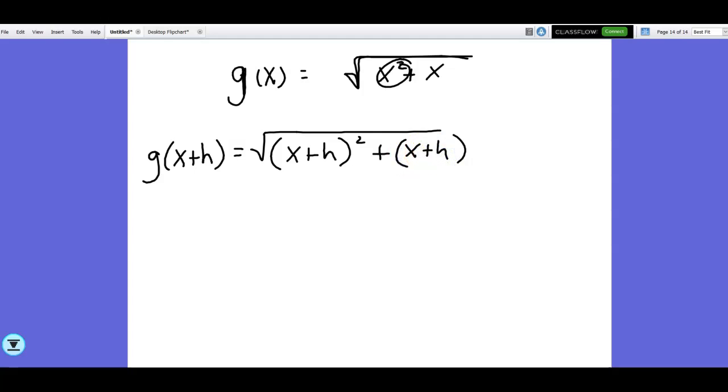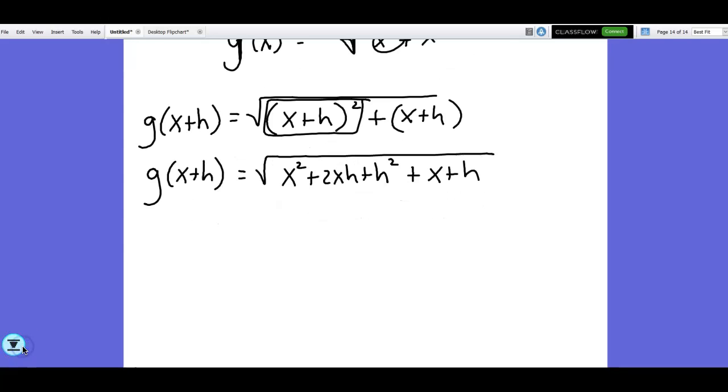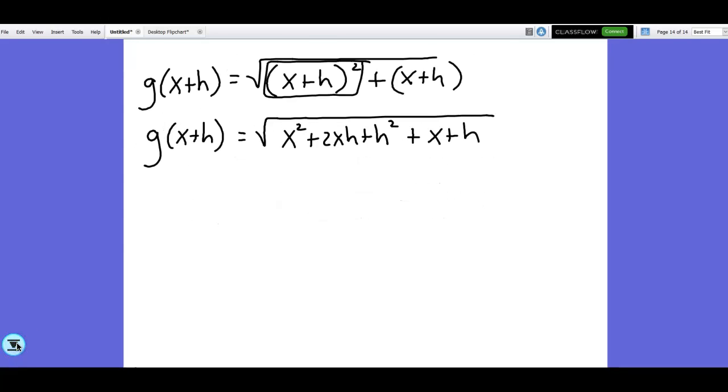Now in our last lesson, I gave you guys a shortcut for that, so let's go ahead and use it. The shortcut for that one is going to be x squared plus 2xh plus h squared. And then we have the x plus h also. So there's that. And then if I wanted to move on to my next step, which is finding the limit definition, or the derivative using the limit definition,